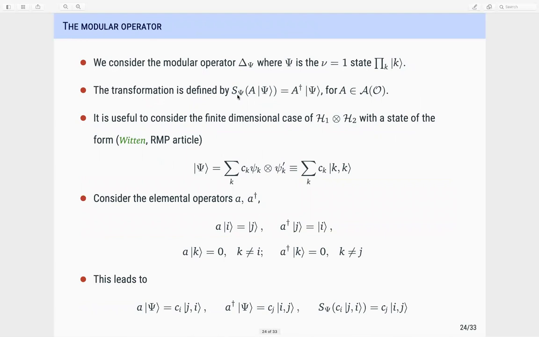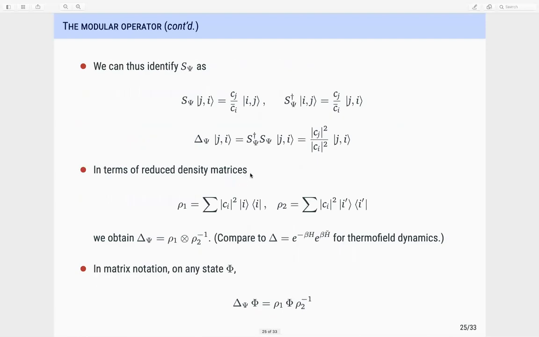Now recall that the modular operator is related to the conjugation, the antilinear Tomita operator S, which takes A to A diagonal, like so. Now Witten's reviews of modern physics article from 2018 has a very nice explanation of how to calculate this. I was actually going to go over that, but I don't know if I have time. Let me just take a look. So I'm going to skip over some of these details. What I want to show you is the following. I can define a delta for our nu equal to 1 state